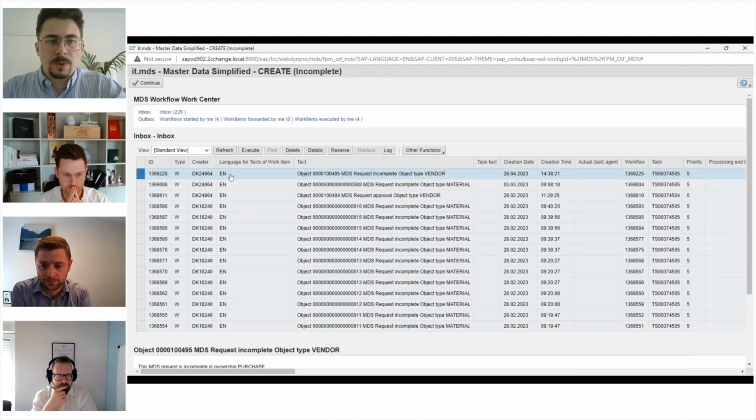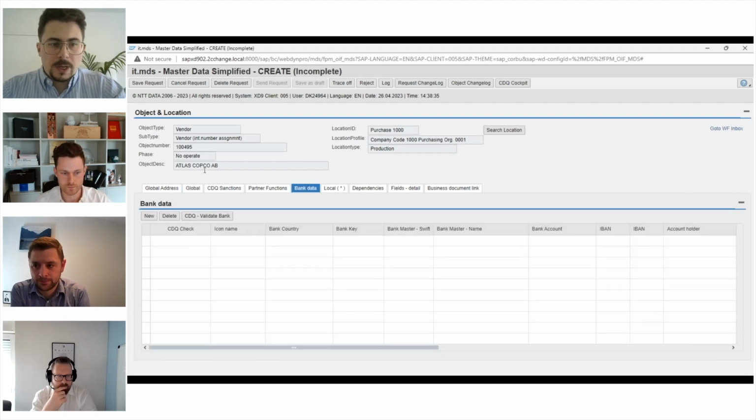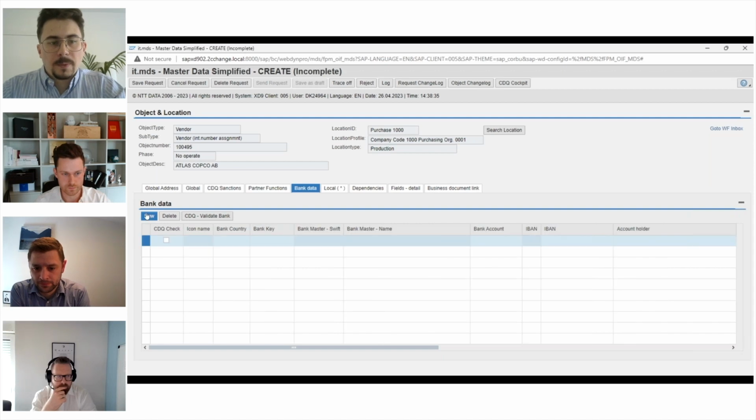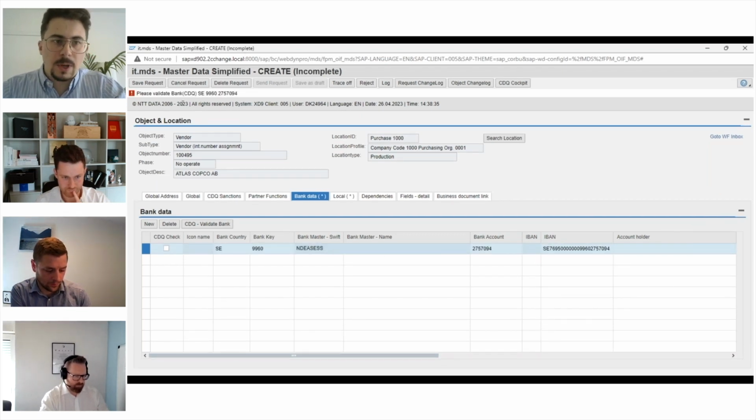Similarly, they find a workflow item in their inbox that they can execute and continue with the creation. Their step would be to add bank data, and having IBAN, they can just paste that or just maintain field by field the bank account. And the moment they add it, we have to validate it against CDQ